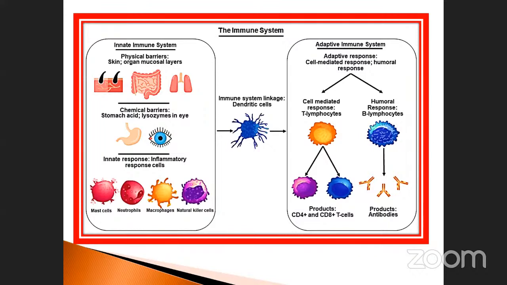As a result, what happened? Automatically they will not produce T lymphocytes. As a result, the immunity power is completely reduced. That is the condition of acquired immunodeficiency syndrome. AIDS is the expansion, acquired immunodeficiency syndrome. So due to the lack of T lymphocytes, all the microorganisms enter your body. As a result, it will lead to death.